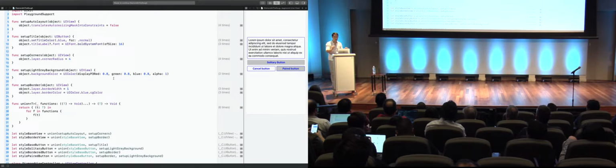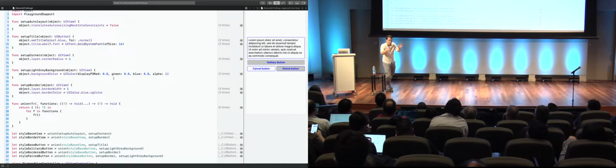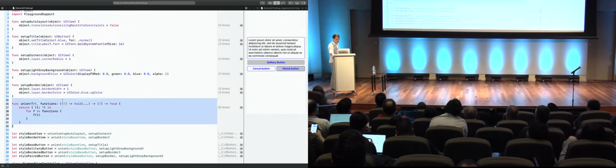Now I want to talk a little bit about SwiftUI, because you can do the same things with SwiftUI. It's just a little bit different. So I want to prep you mentally for this. Whereas before we had this union function,